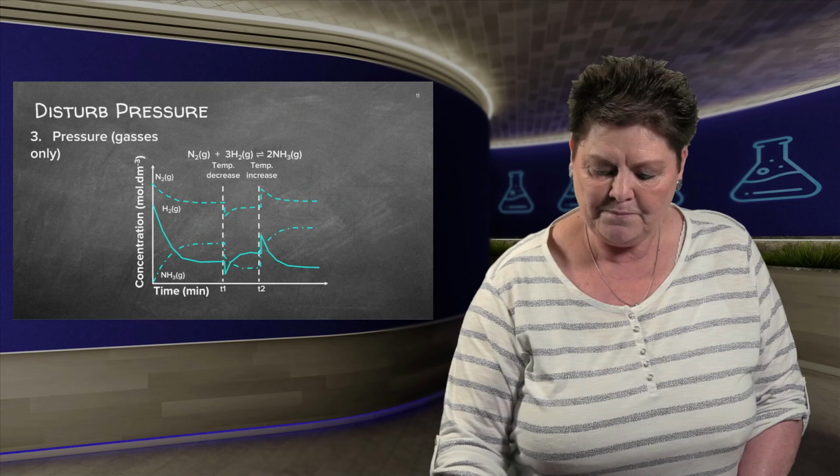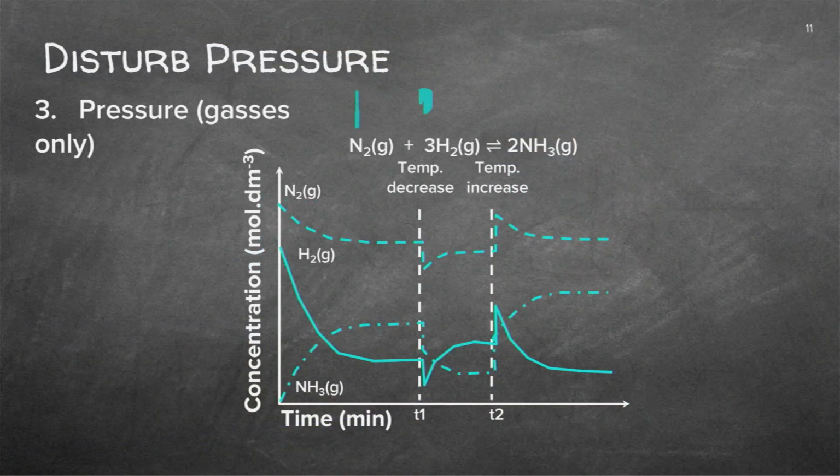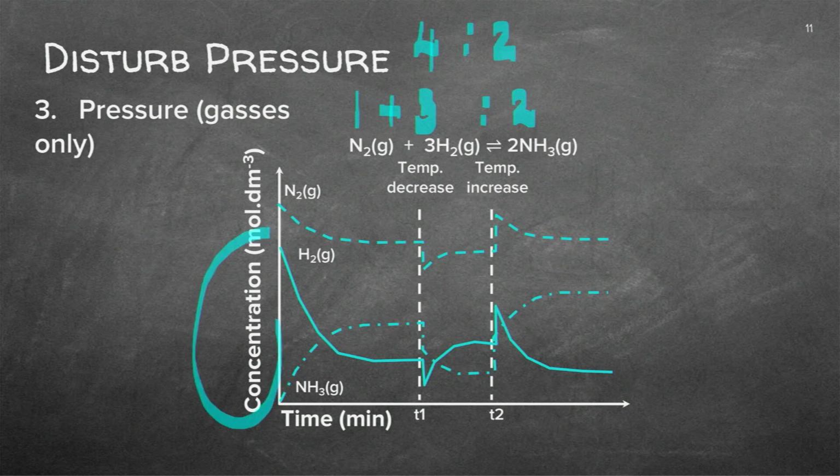Right, pressure. 1 and 3 gas particles and 2 this side. So it's actually 4 to 2. I've got the concentration again. I've got N2, you see there, and I've got H2, and that you can see there. So the forward reaction is taking place, and as the forward reaction is taking place, it's forming a product until this section here is chemical equilibrium.